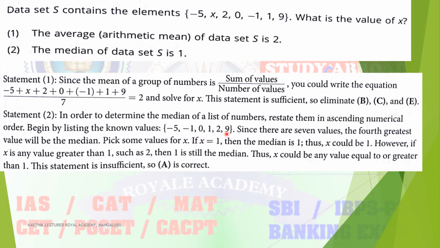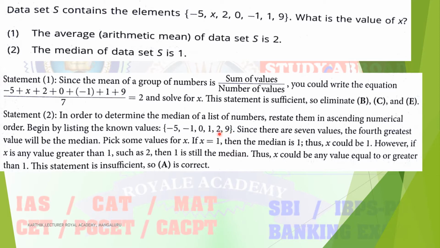So from that it tells that the value of x is more than 1. Why? Because you have to balance. Here the middle value is given, and the middle value is 1. On the left-hand side 3 digits are there, and on the right-hand side only 2 digits are there. Then the value of x is more than 1, so the value of x falls on the right side of these values.